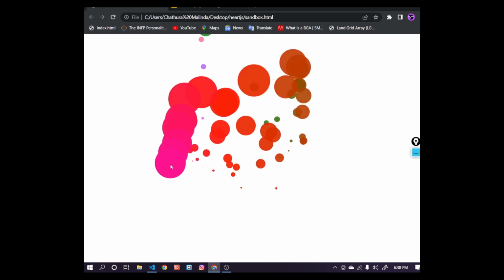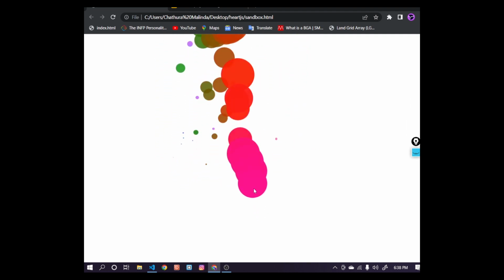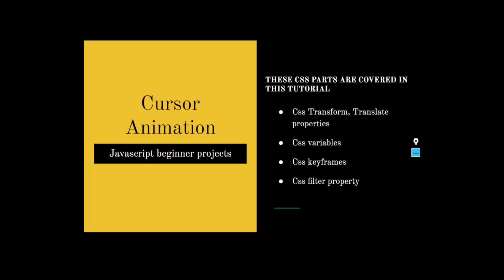Hello guys, in this video I'm going to explain how to create this beautiful cursor animation using HTML, CSS and JavaScript. In this tutorial, these CSS concepts are going to be covered. How to work with CSS transform, translate and CSS variables, and how to do animation stuff using CSS keyframes, and